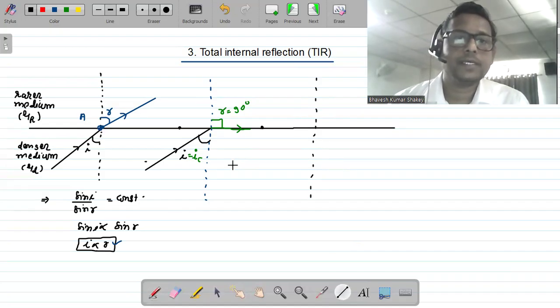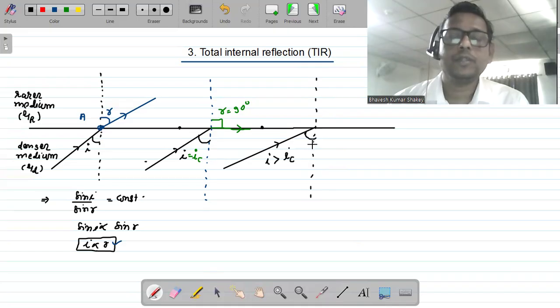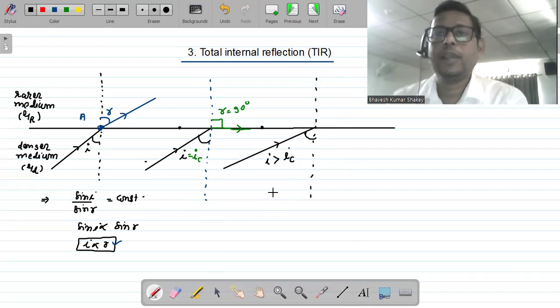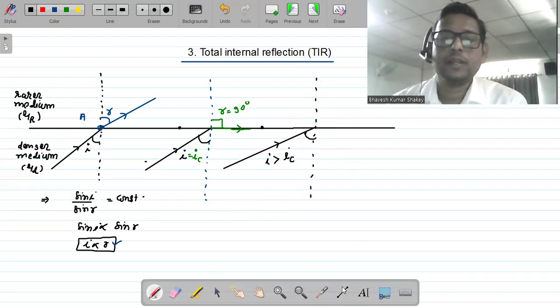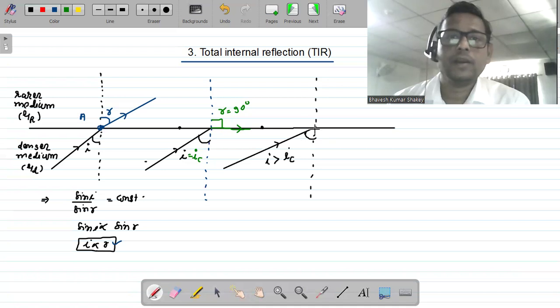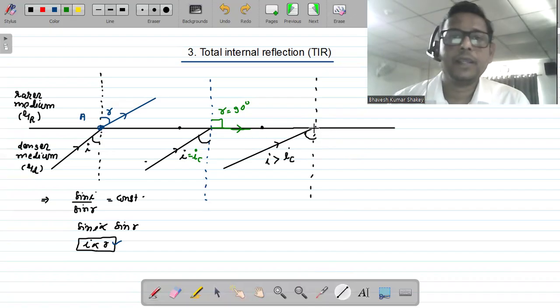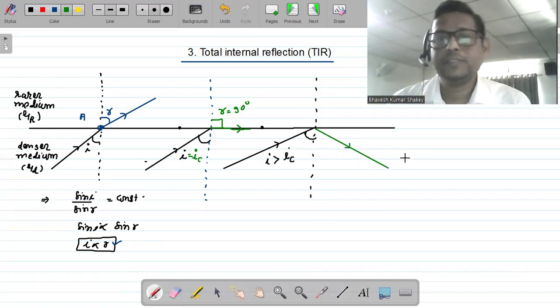So again, let's say this is my incident ray. Now here I just increase the value of I more than the critical angle. This I is more than the critical angle. Then what happens? We know that I is proportional to R. So if the angle of incidence is more than the critical angle, then this light ray comes back into the same medium like this, and this phenomenon is called